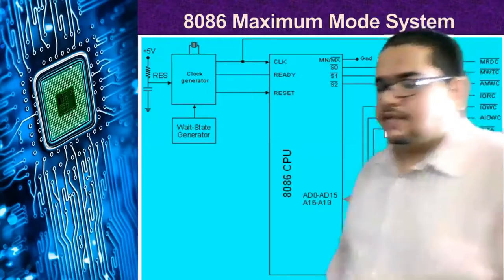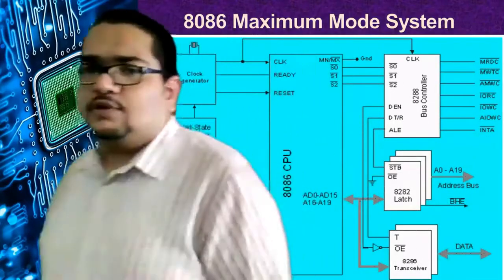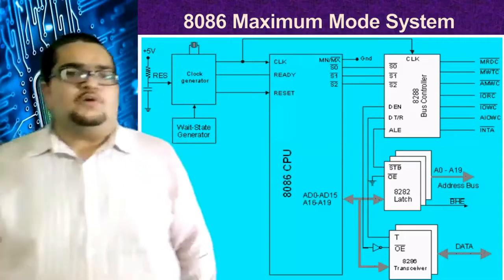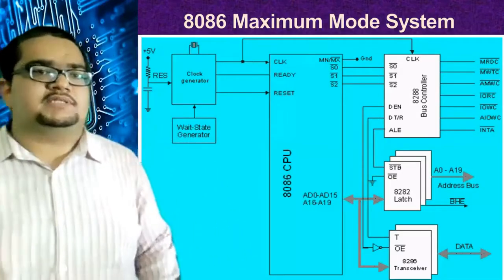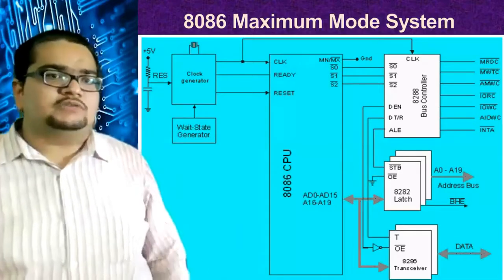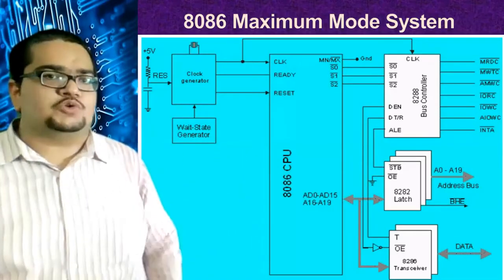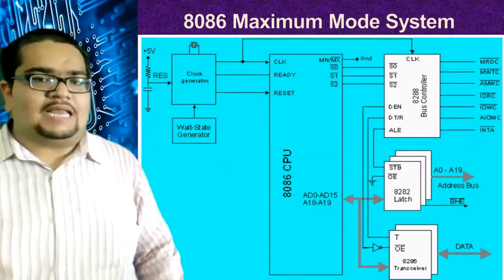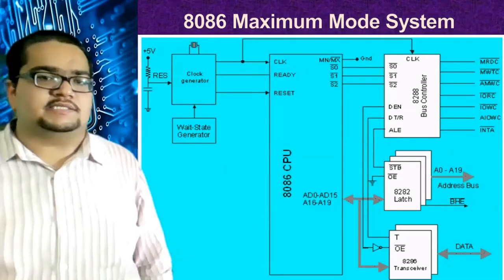This is a system diagram of the 8086. You can have a look at this diagram. When you see this diagram and compare it with the previous minimum mode system configuration, on the left side this particular part is the same. There is no change in that one. The clock generator is as it is, the processor is there as it is, and the latches and buffers are also there as they are.